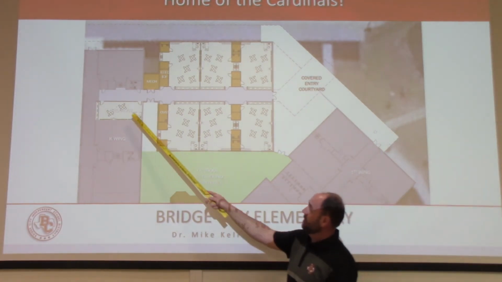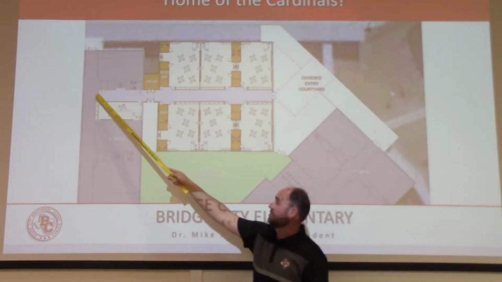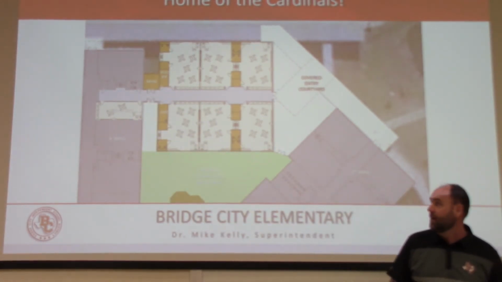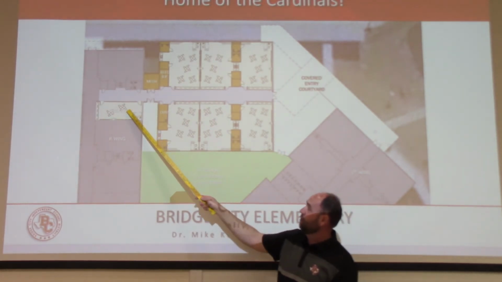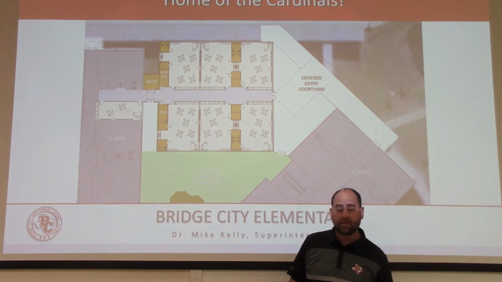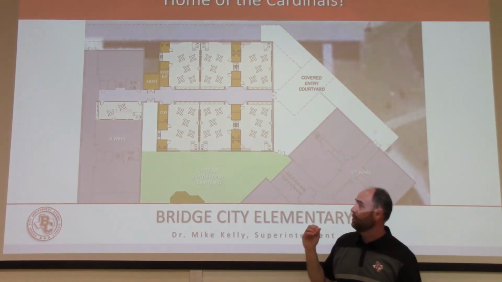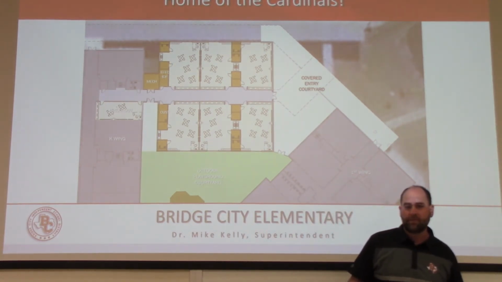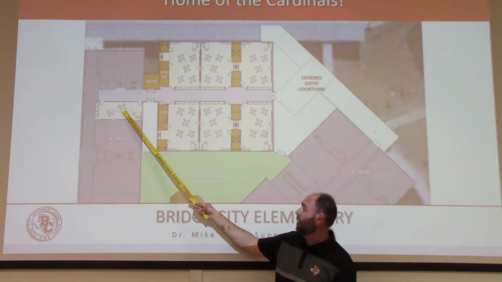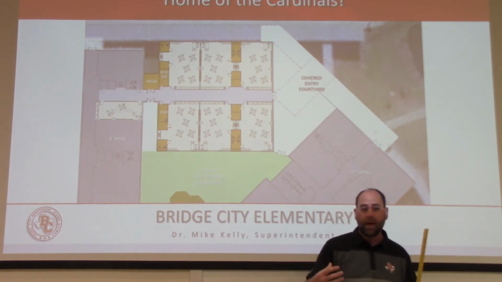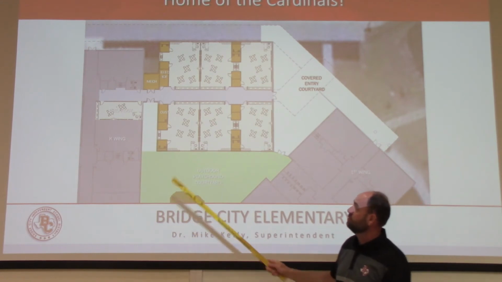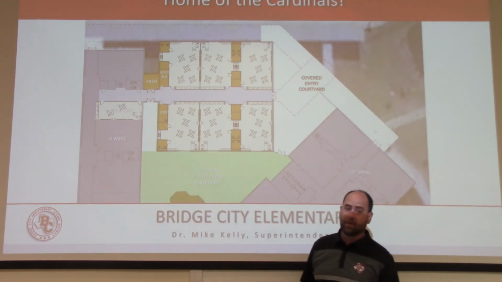We do lose 1 kindergarten classroom right here because there's a corridor that we need to have to get into the new pre-K wing. What that does is that cuts that room off close in half. We'll have a little bit more space in this. It's called a breakout room. But what that is, the majority of our speech students are in pre-K or in kindergarten. So we figure this is going to be a great small group pull-out area, a workspace for our speech teachers, speech path with our pre-K and kindergarten students.